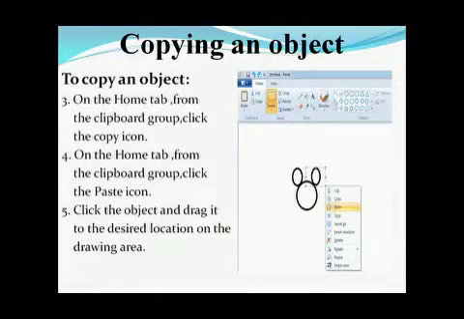Again, from the Home tab in the Clipboard group, click the Paste icon. Like that, you can paste the object from one location to another. You can also make multiple copies of the selected part and move them to the desired location.